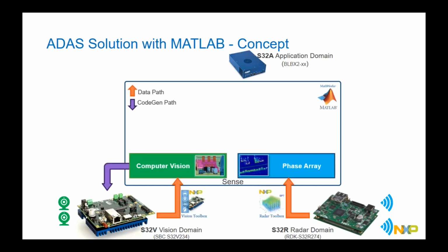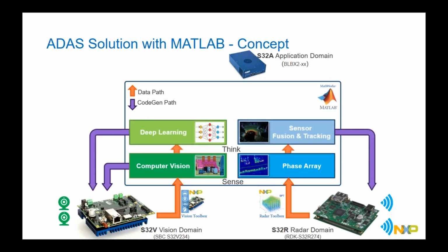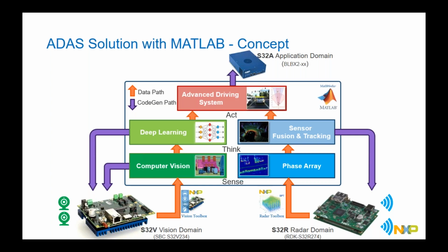In terms of perception, we are using Computer Vision Toolbox to enhance the snapshots from the camera. And then we are going to run complex algorithms supported by deep learning, for example, to detect and recognize such objects. Other toolboxes like Automated Driving Toolbox allow us to fuse the data from multiple sensors and track these objects with respect to our position, to check if they represent a potential threat. Once the conditions are known, then we can act upon them and decide what is the best avoidance path